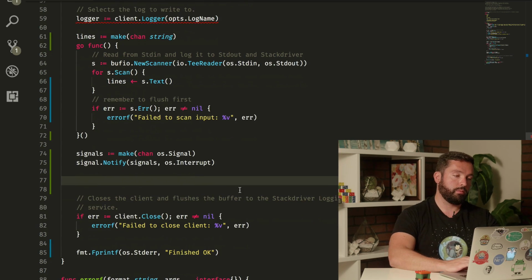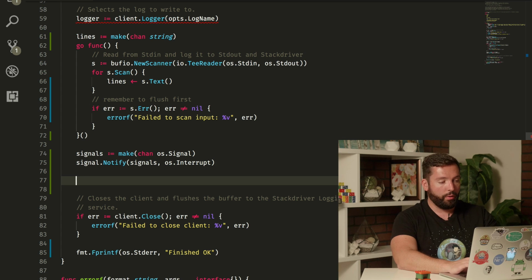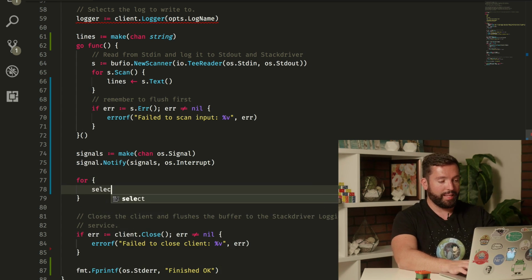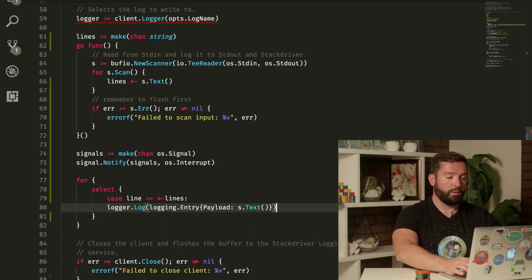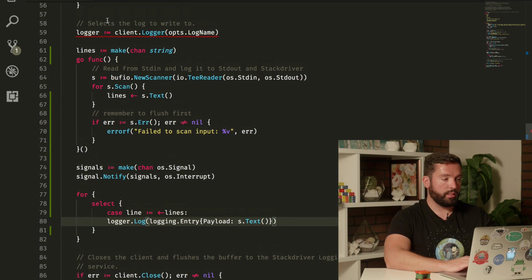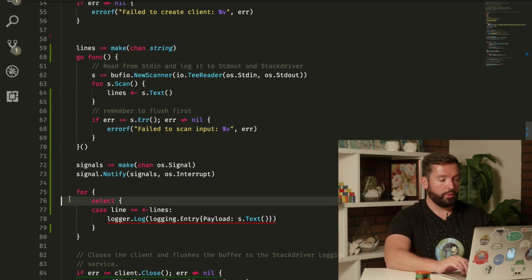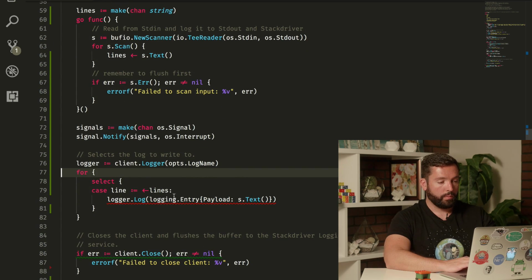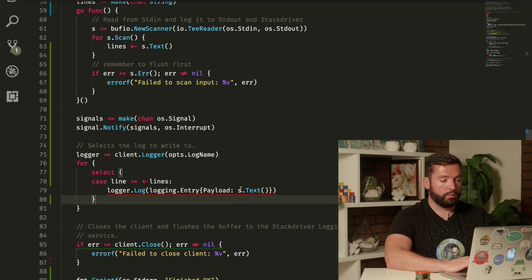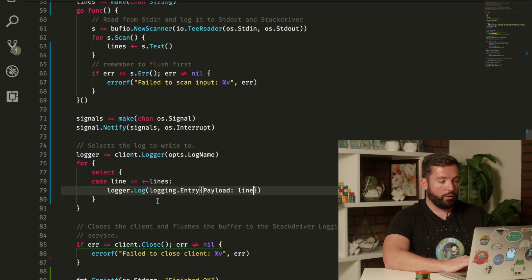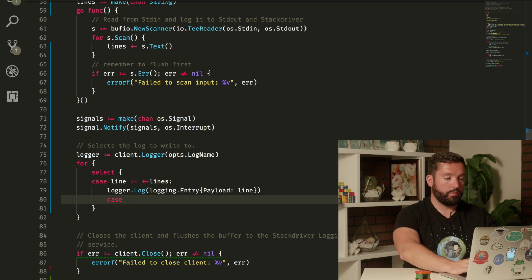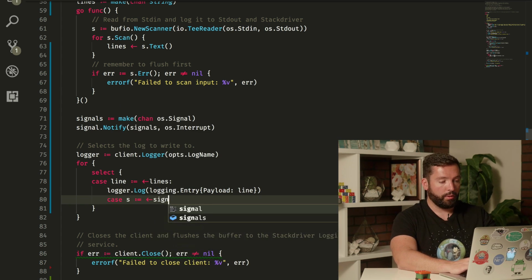And then we're going to have a for loop with a select statement. If we receive something from lines, we're going to log. So this now can be done down here. Sorry, not text, but line. But also, if we receive something from signals,